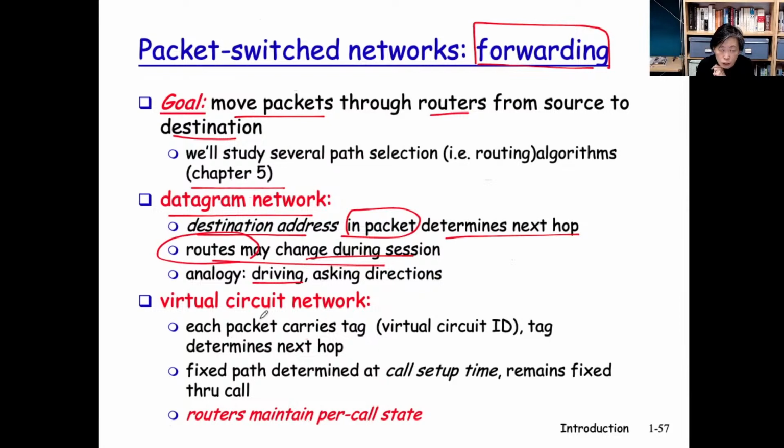And actually in a packet switch network such as the internet, we can potentially emulate a circuit-like behavior that is called a virtual circuit network. So instead of looking at the destination field in the packet header, we look at a very special header field called the virtual circuit ID field. There is a tag there that carries a number, and that number determines the next hop. Inside a packet there could be many header fields. One is called destination, and another is called the virtual circuit ID. One can look up that field and decide the next hop.